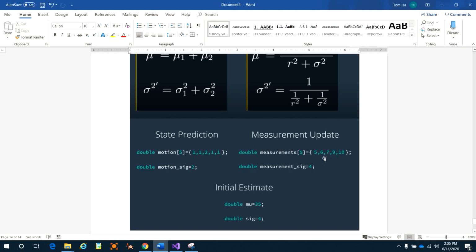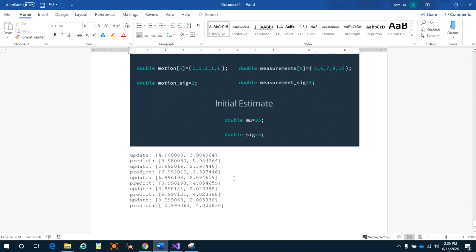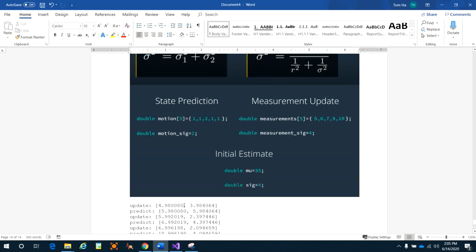And how do they update the measurement? Through the Kalman filter, they update the measurement right here. You can see it gives you the updated estimate after the first measurement. The sensor measurement is 5, and they update to 4.98, right? And the covariance right here is smaller because